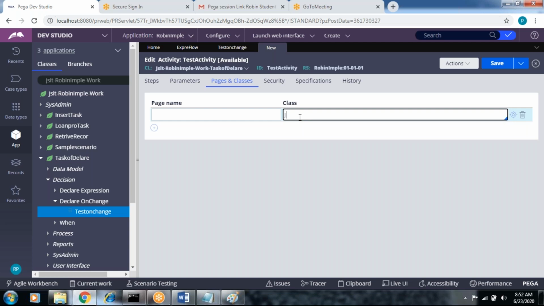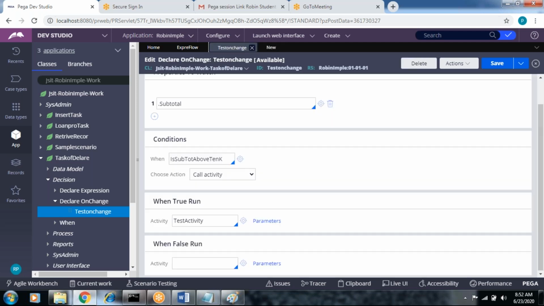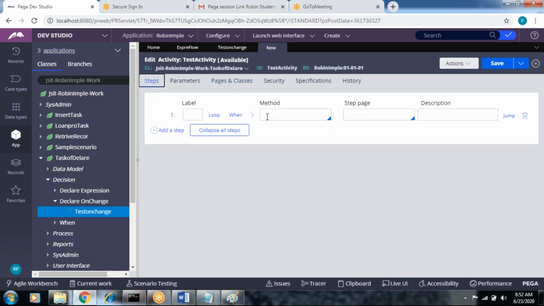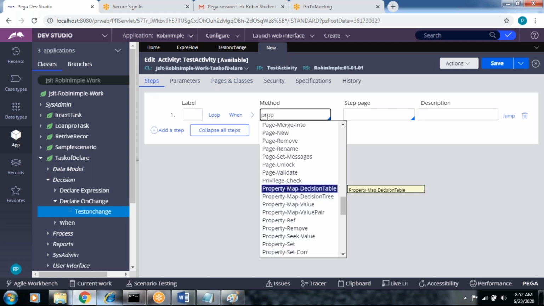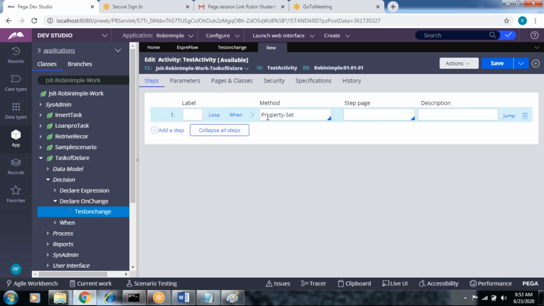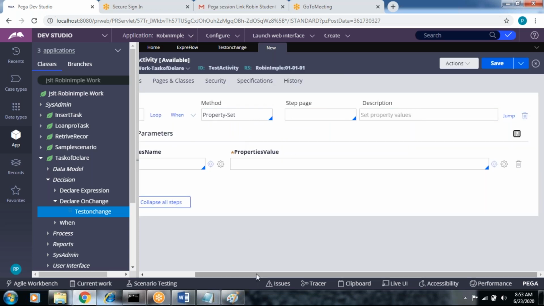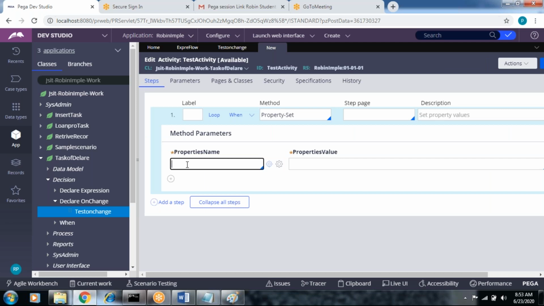What's the page here? Page ID. Here it is not required to have any page, so we can directly go to the next steps. We can use set for the properties, so here we can set the data. What's the property?